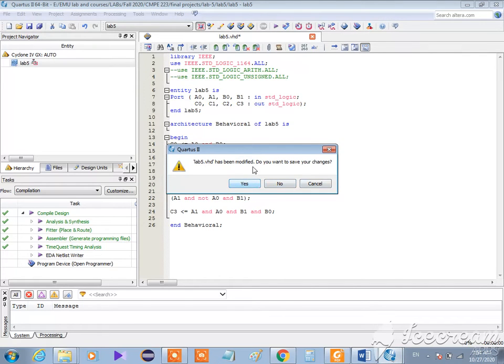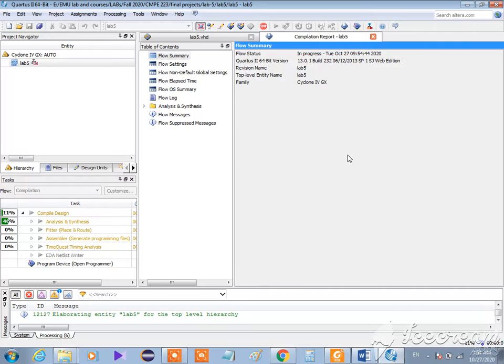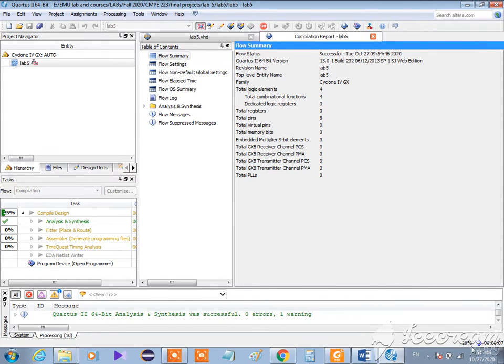It asks me to save it because I changed something here. Yes, I'm going to save it. Now my compilation starts, and let me check that. I think it must be less than 1 minute. 30 to 42%,